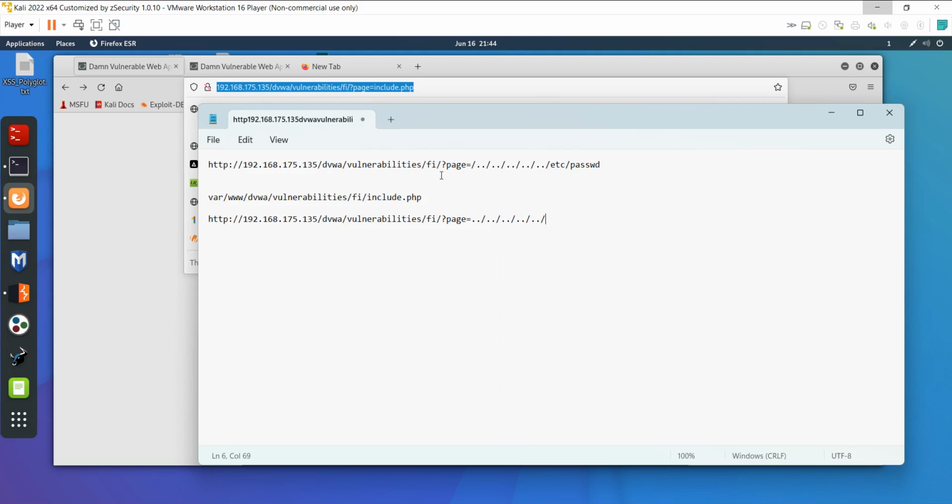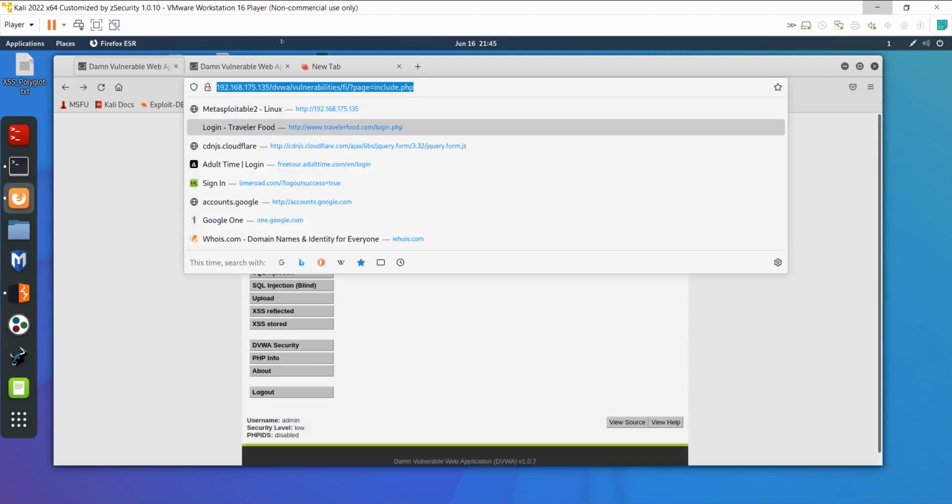That means from here we are now assuming we are in the root directory, and we know in the root directory there is a folder etc, and passwd is the file. Now what happened here, the page will try to access this passwd file. The query will go back 5 times, 1 2 3 4 5 times, and then it will try to find the etc folder, and in etc there is a passwd file. So you copy here,